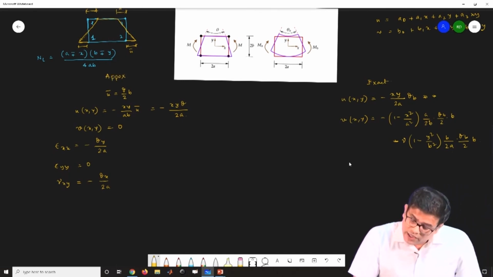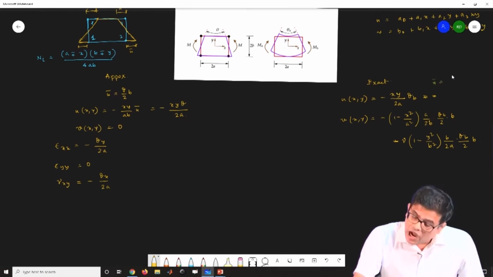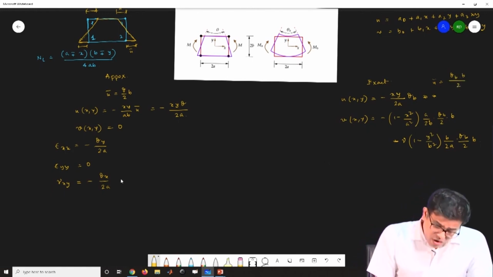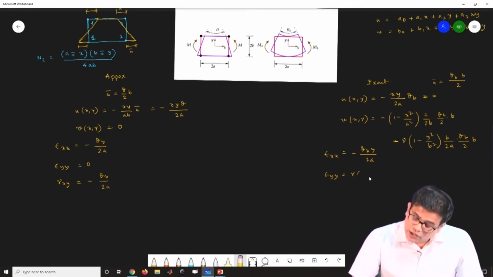Now here, if I use u bar, that means your u bar is actually theta b into b by 2. Now the strains here: epsilon xx remains the same, because if I assume theta b and theta are the same, then epsilon xx remains the same. But epsilon yy is nu into epsilon xx, and that is a requirement from the